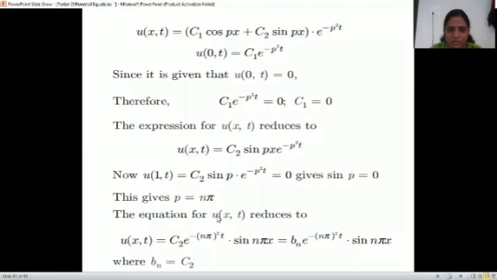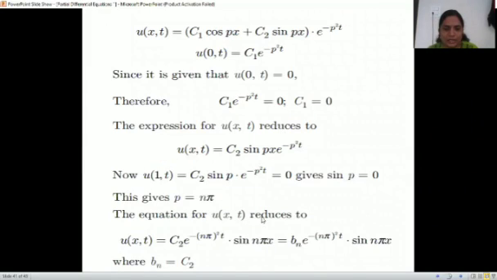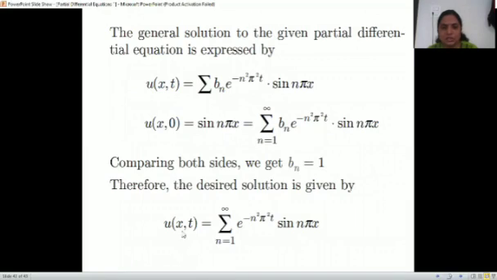and which is of the form of a summation. The general solution we can take as a summation. So the next condition, the same thing we are writing in summation. The next condition is u(x, 0). So t is 0 and x is x. Substituting, this value is given as sin n pi x, and comparing on both sides we can get bn equal to 1. Here t is 0, so this exponential term is also 1, e raised to 0 is 1. So it is simply bn sin n pi x, and here it is sin n pi x.